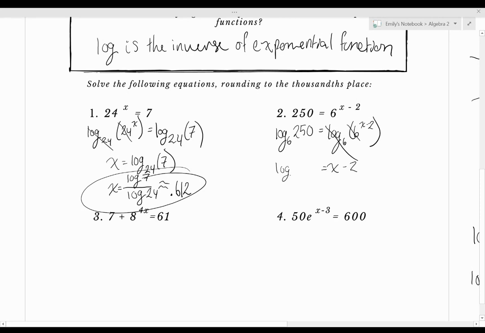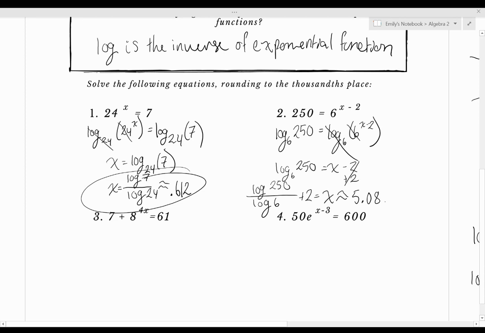equals log base 6 of 250. Okay, now just like in any equation, we want to get this x alone. So I'm going to go ahead and move this 2 to the other side by using addition, just like we would any other time. Cancel. And I'm going to put it in fraction form again so it's easier for you to type in your calculator, plus our 2 equals our x. Go ahead and type that in and see what you get. You should get approximately